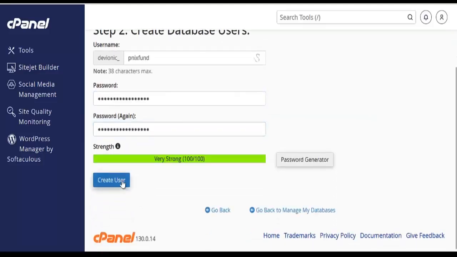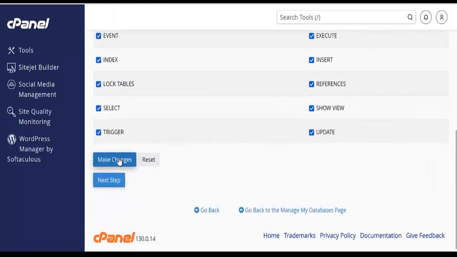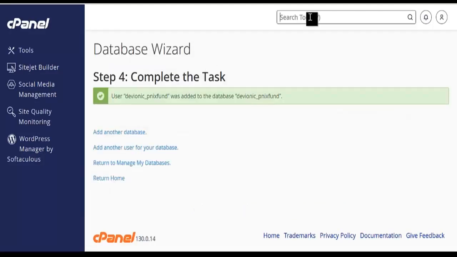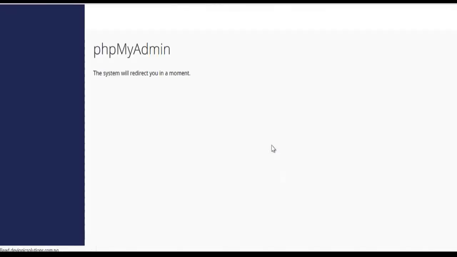Then just click on create user, all privileges, make changes. All right, perfect. So that's done, just search for phpMyAdmin, click on that,